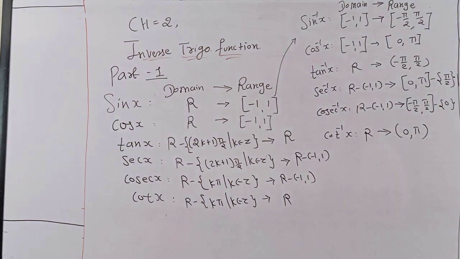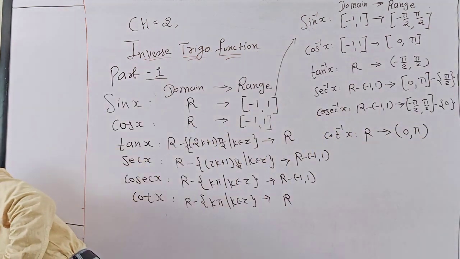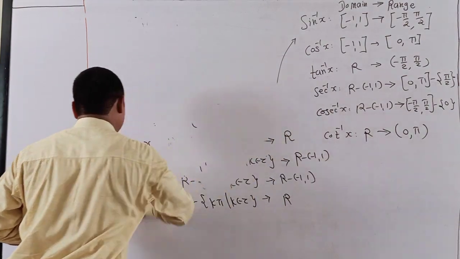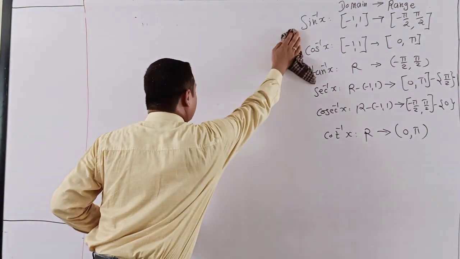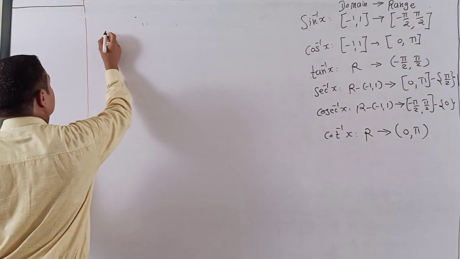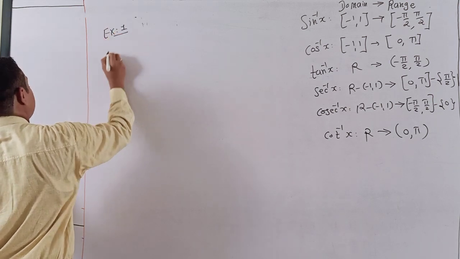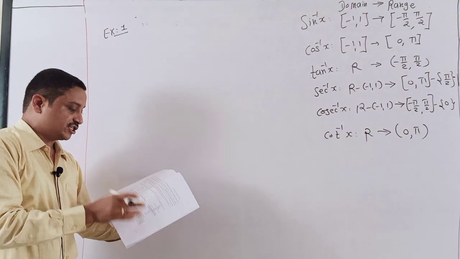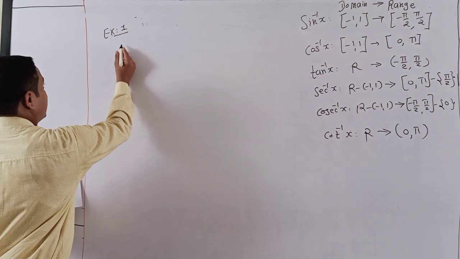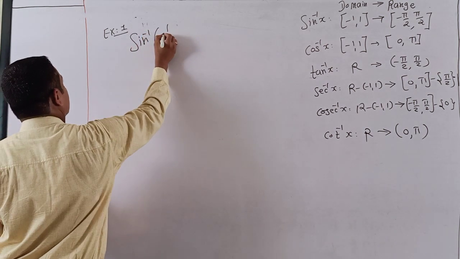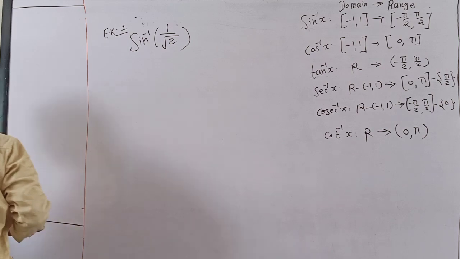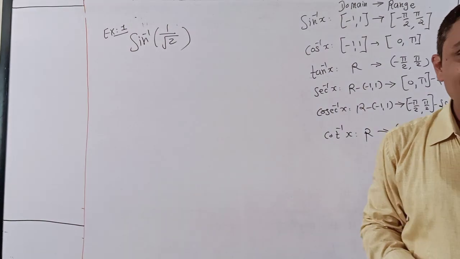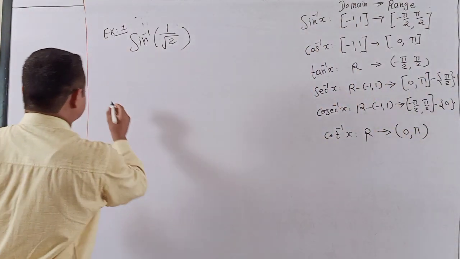So now I go to one of the basic numericals in this chapter. First I am going to example number 1, students. Find the values of the given inverse trigonometric function, that is sine inverse 1 by root 2. Yes, students, you know that when sine is 1 by root 2, it is 45 degree. So the answer is 45. But I am going to do it method-wise.